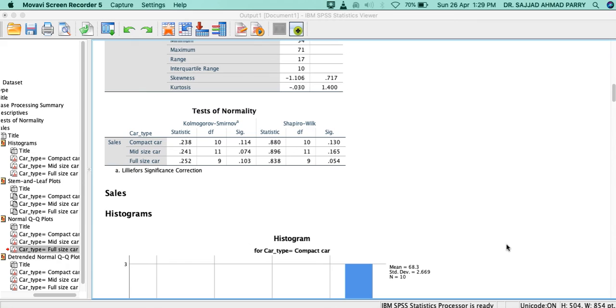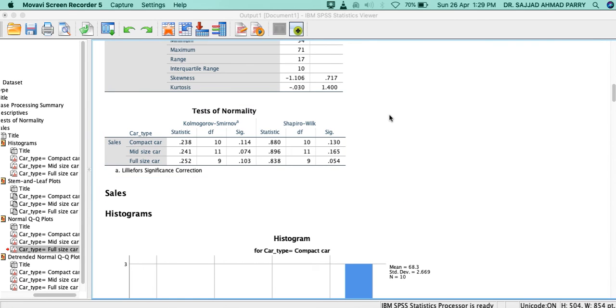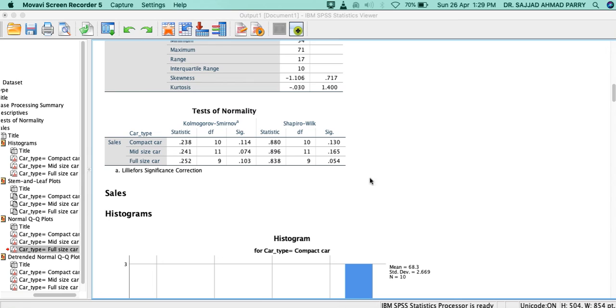As I said in my previous video, and today also, how are we going to decide on the normality of data? We are going to decide based on the significance value, the p values, be it the KS test or the Shapiro-Wilk test. In both tests we have p values.